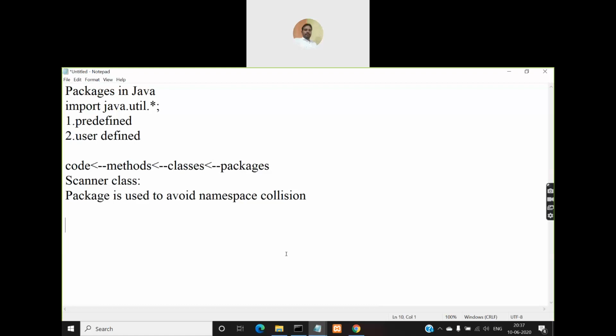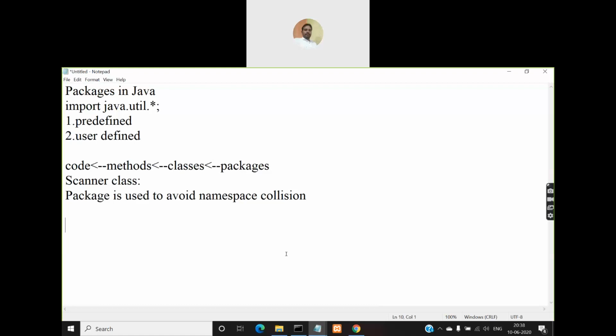So literally speaking, in Java, a package is nothing but a folder, right? And in that folder you are going to save the classes, the .java files, and when you compile them, you will get the .class files. But for us, what matters is not the .java file. What matters for us is the .class files, because when you run your Java program, we require .class files where the bytecode is available, right? So .class files are important.